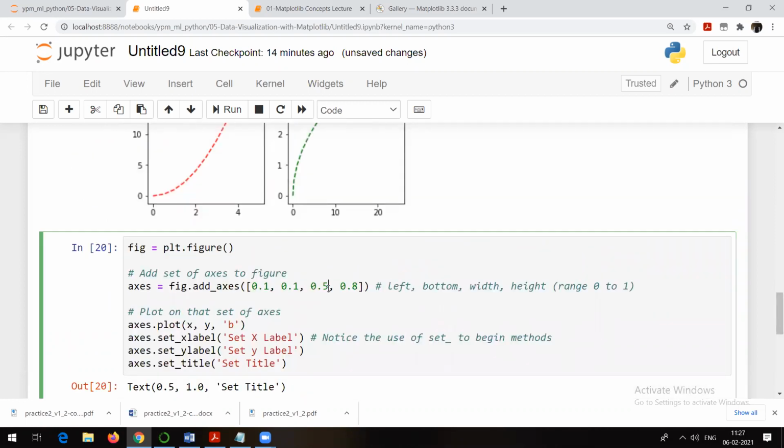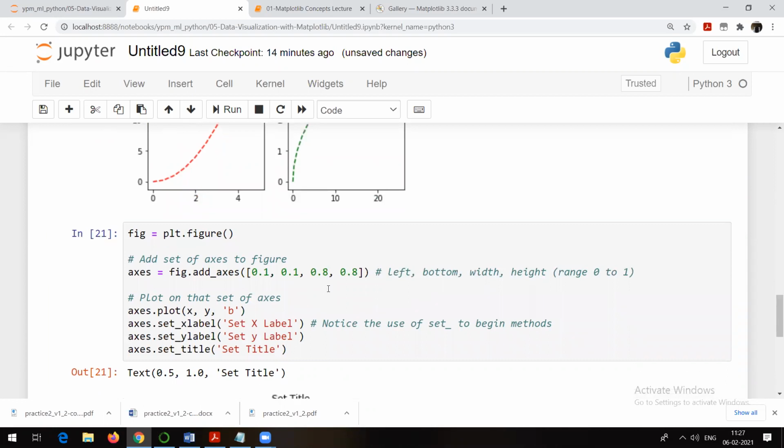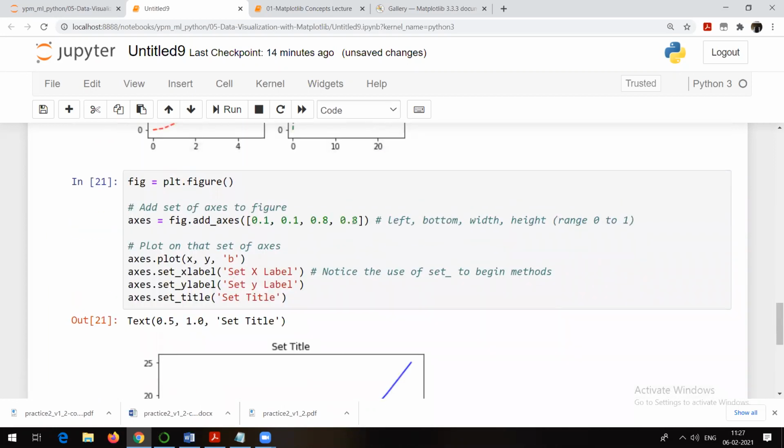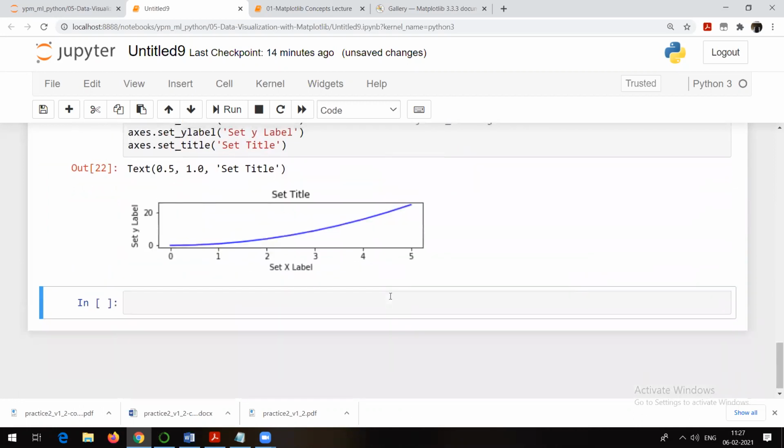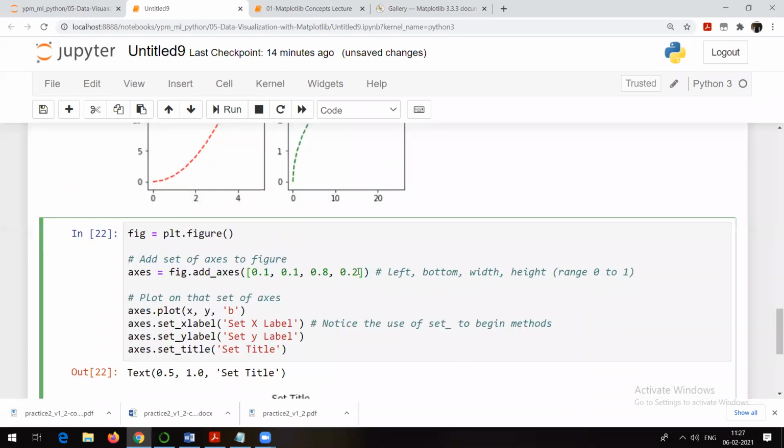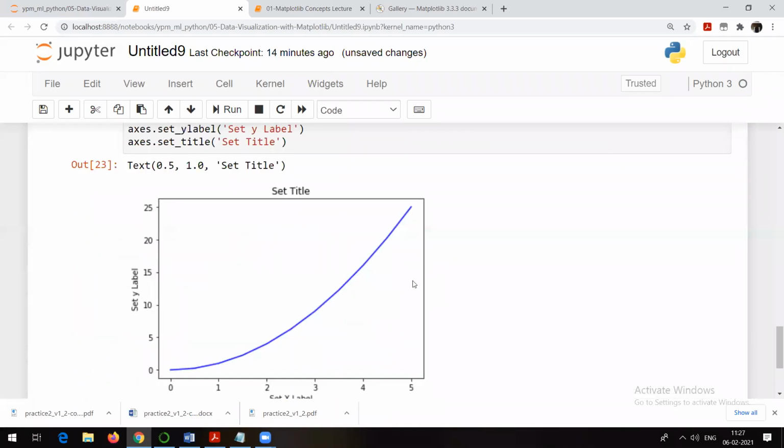Or let me just make it to whatever it was earlier, 0.8. Similarly, you can go and you can change the height as well. So yes, all those things are possible. You can make use of all those things as per the need. And that's how Matplotlib actually is going to allow all this. Again, this is available at the official page.